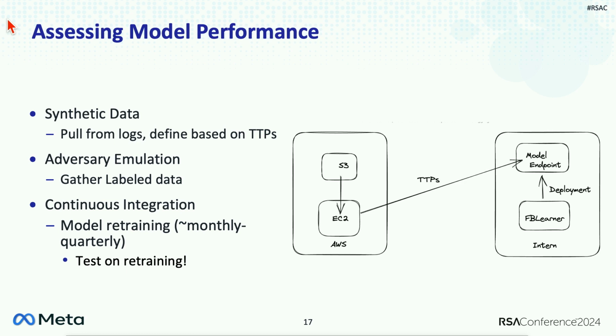In particular, in a real-time case, we have an internal service called FB Learner that's very similar to AWS SageMaker, and so we have our model deployed there, and it allows us to deploy a model as a real-time endpoint and then also offline, and we can send it inputs through a data pipeline.